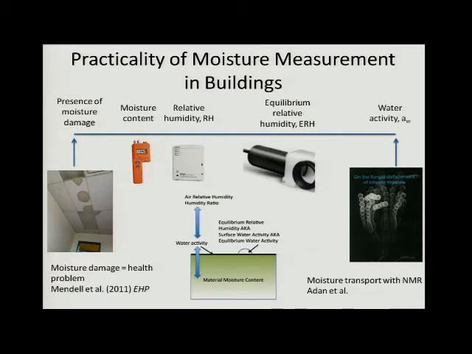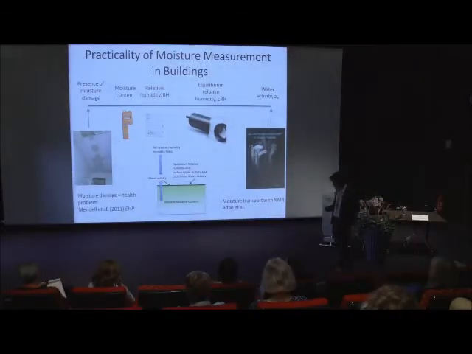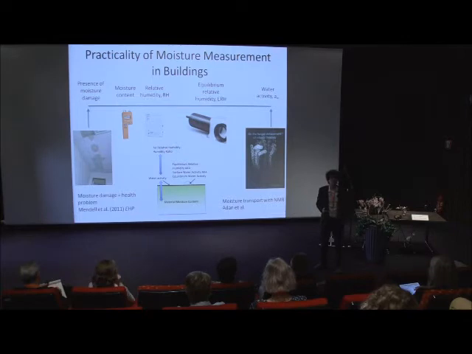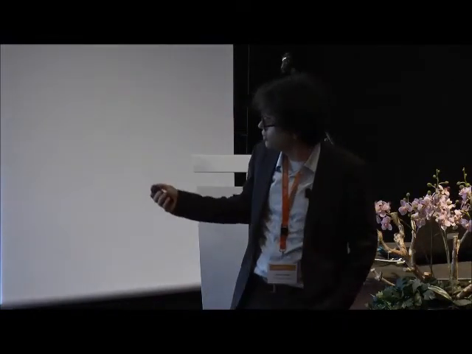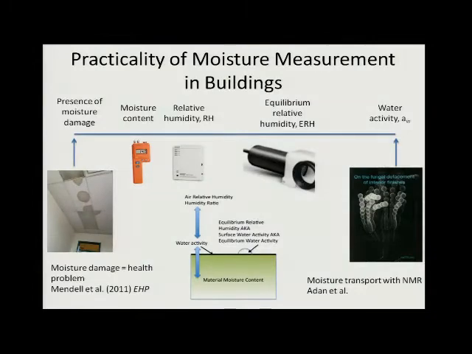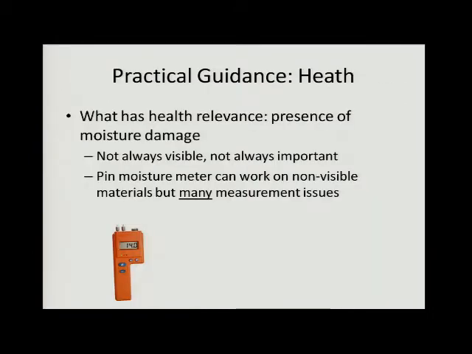And then we have some of these surrogate measures, what I call equilibrium relative humidity, other people call other things, which is basically just in a sealed headspace above the surface. So those are the moisture measurements I'm gonna talk about today. And some comments here is, if buildings weren't so complicated, it would be really simple, because all of the measurements of relative humidity, water activity you see here, at equilibrium, they're all the same. The problem is buildings are never at equilibrium. They're very, very dynamic, and that really complicates how we look at moisture.